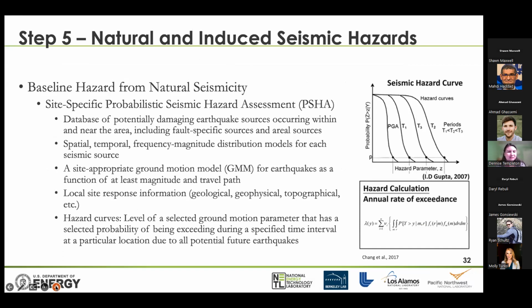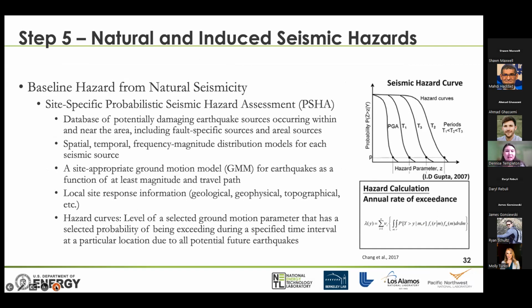There's a lot of information here. I will just briefly do an overview. We're essentially suggesting that probabilistic seismic hazard assessments should be done at the reservoir sites. We understand, especially in the beginning, that this is problematic because of the lack of information. Nonetheless, there are pseudo-probabilistic seismic hazard assessment methods that can be done, and we would recommend those.